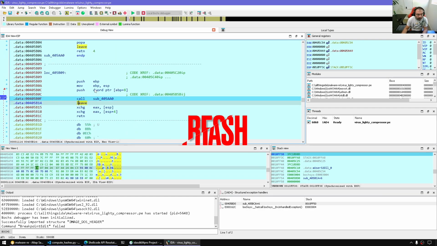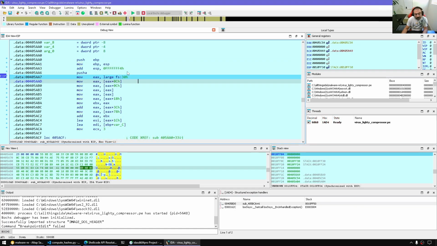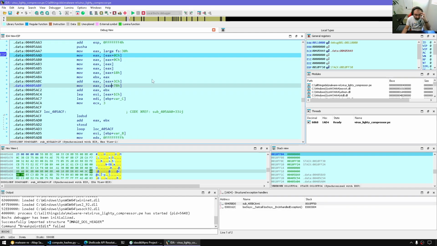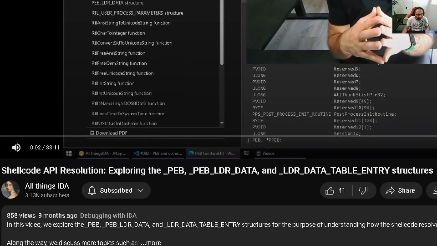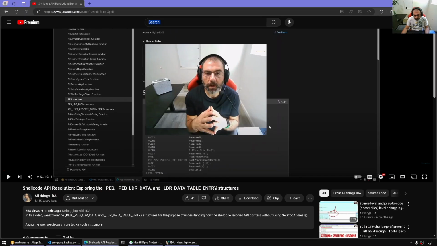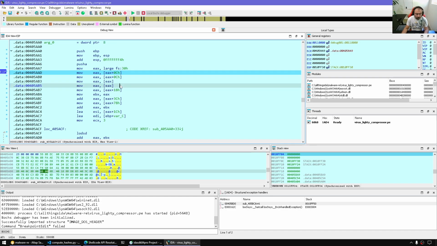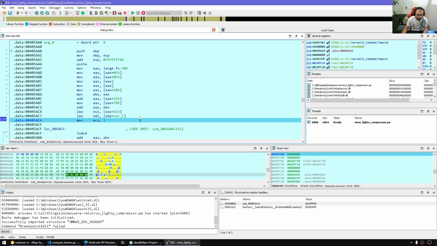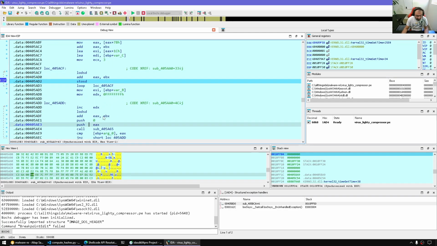Alright, so let's continue, and here they're accessing the PEB and then going over the LDR module and so on. So this is something I covered here, shellcode API resolution, exploring PEB, LDR data and so on. So what they're doing is apparently they want to resolve APIs by accessing the export table directly from the loaded modules. So let's